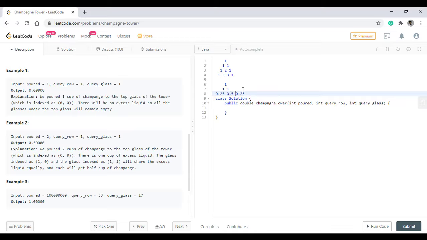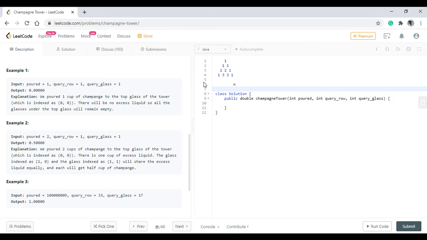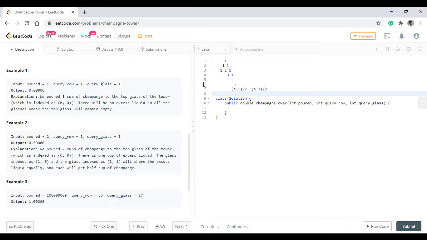So if we generalize this phenomenon, if we have n as the initial value, the next value will be (n-1)/2, and the same will be this value.